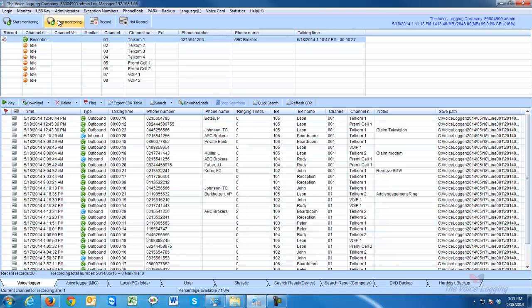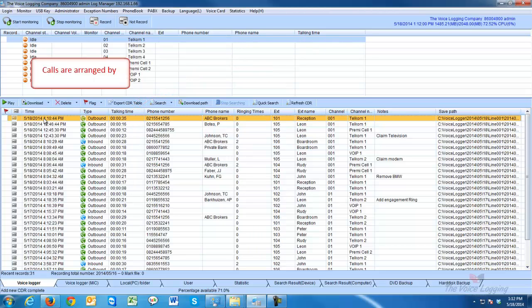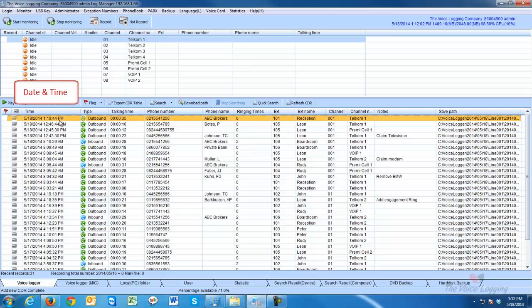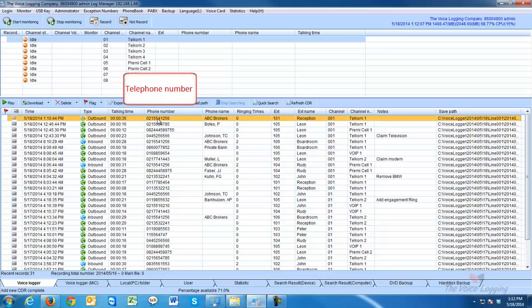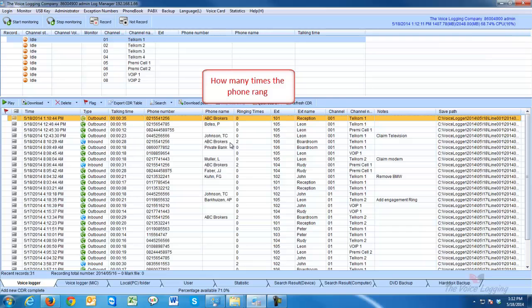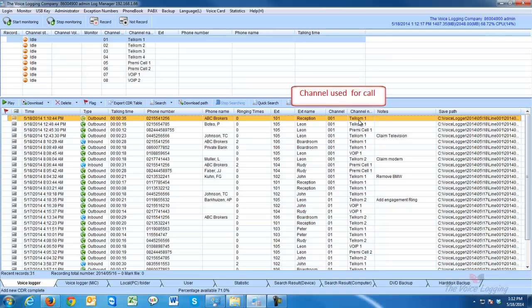When calls are finished, they are added to the list below. Calls are arranged by date and time, incoming, outgoing or missed calls, the duration, telephone number, clients' names, how many times the phone rang, which extension handled the call, user's name at that extension, channel used for the call, and